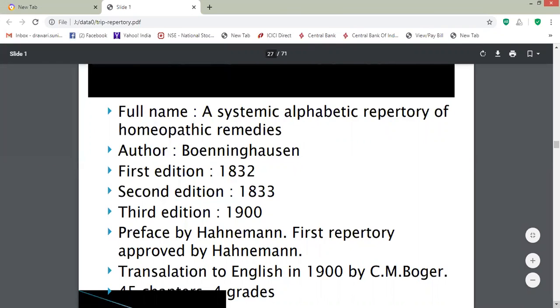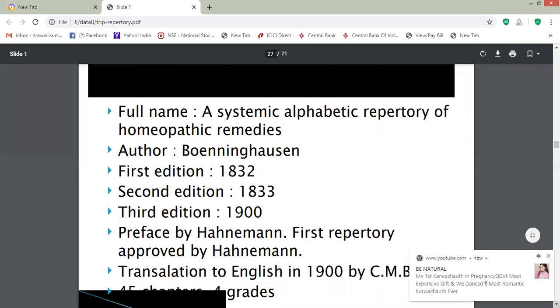But he approved this repertory, so it was called the first repertory approved by Dr. Hahnemann. Then the translation to English was in 1900